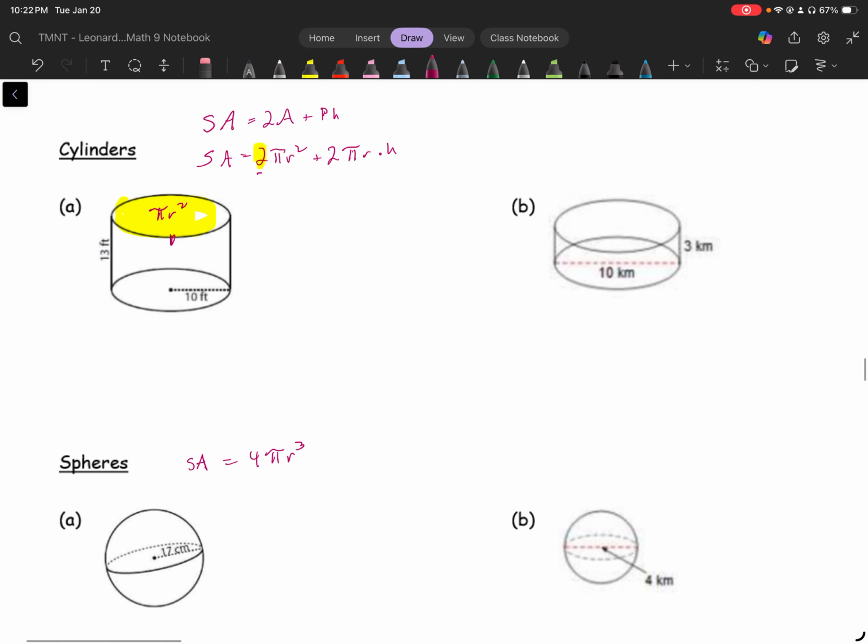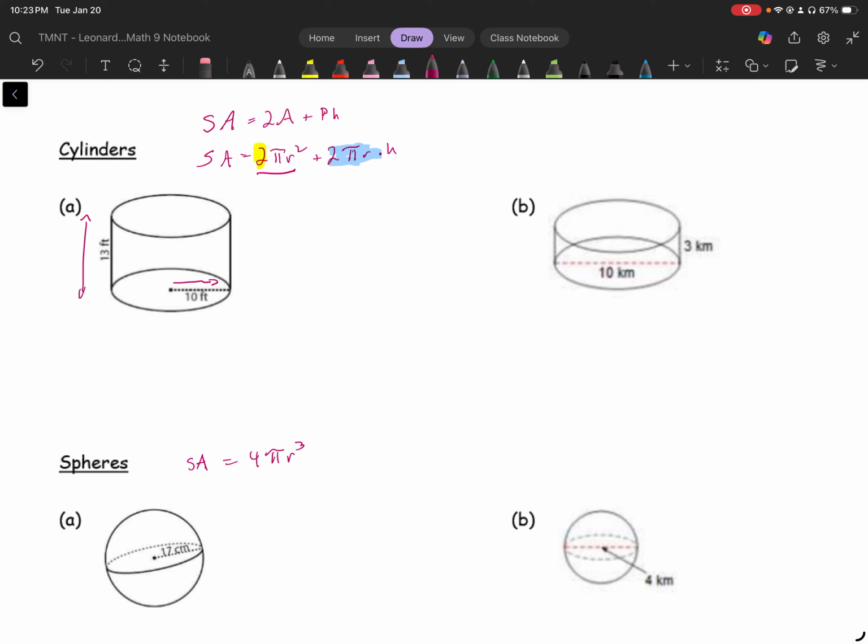So this first portion of the cylinder captures the surface area of the top and the bottom. And really, this portion right here, 2 pi r, captures the idea of the circumference. Next thing we're going to do is we're just going to multiply it by the height. So let's just keep in mind the surface area of a cylinder is 2 times pi times r, where r is a measure of the radius, plus 2 times pi times r again, times the height